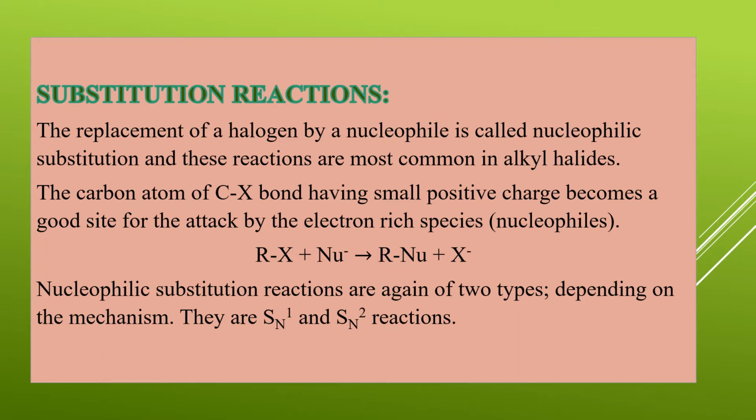So when a nucleophilic reagent approaches, X with its small negative charge comes out as X minus. What is X minus? It is the halide ion. And there is a small positive charge on carbon. Because of this positive charge on carbon, alkyl halides show two types of reactions. Do you remember what those two types of reactions are? Nucleophilic substitution and elimination reactions. In this class we will be learning about substitution reactions.